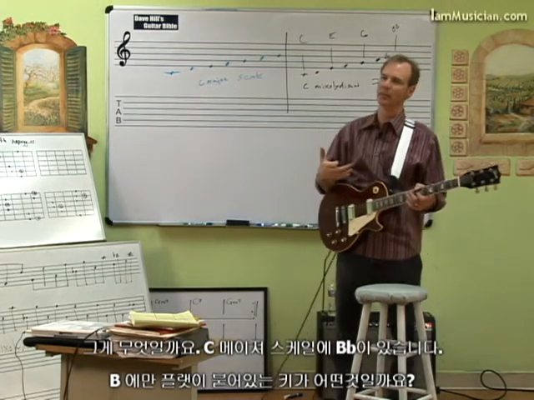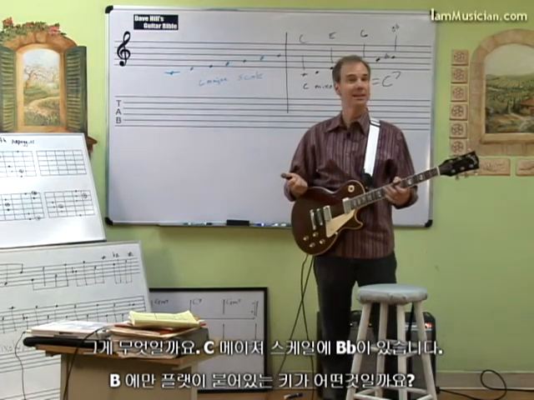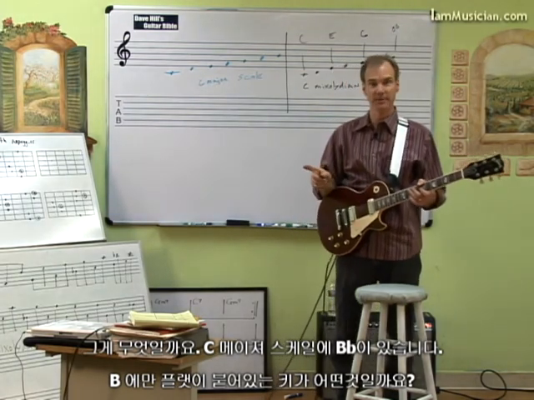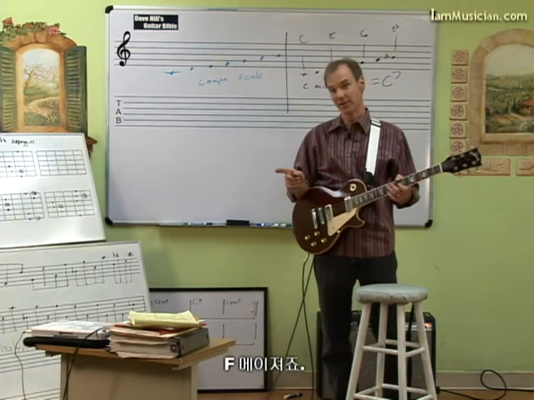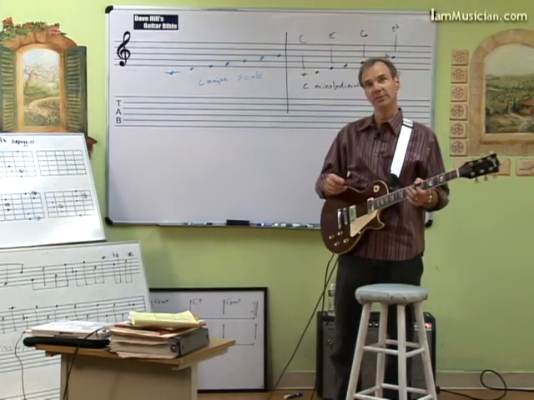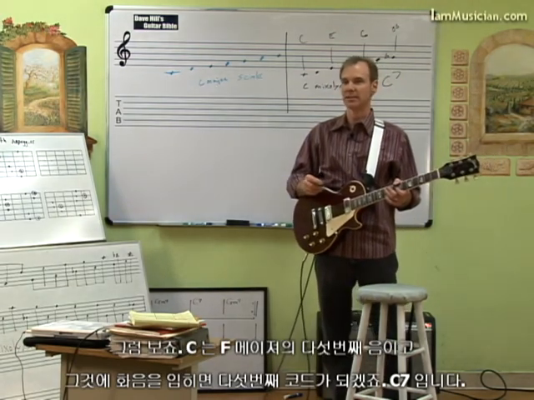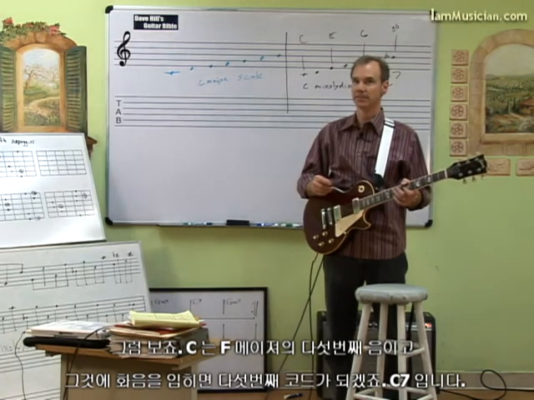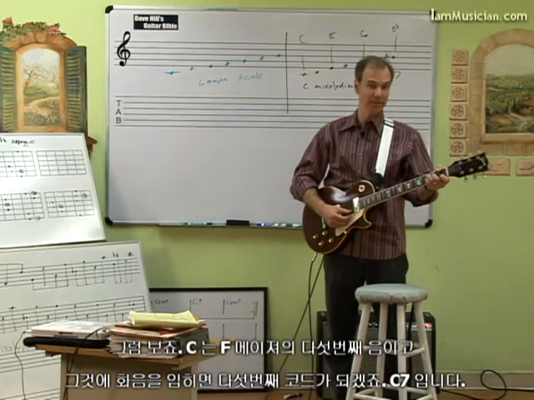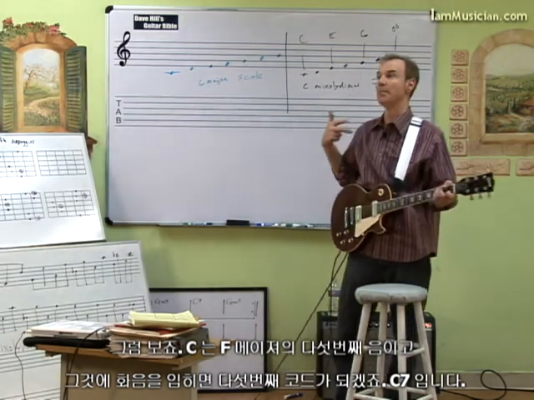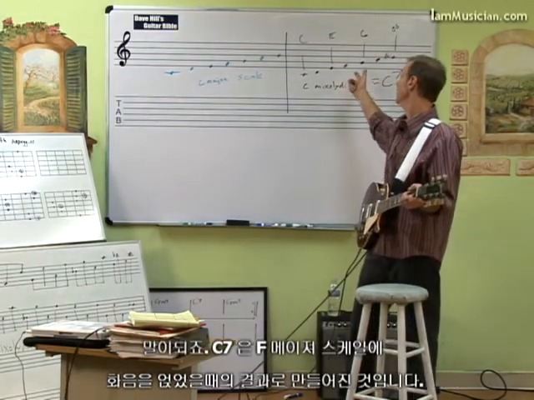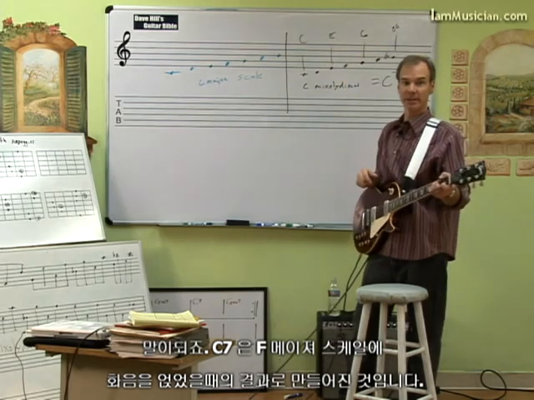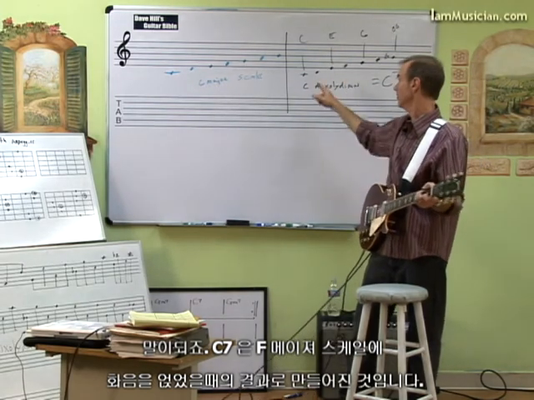Okay, well, let's think about that. What's the only key that has a B flat in it, and only a B flat? That would be the key of F major. Well, let's see. If you think about it, does that make sense? C is the fifth note of F major, and it's the fifth chord. When you harmonize it, it becomes C7. So that makes sense. The C7 is the result of harmonizing the F major scale from the fifth degree, and